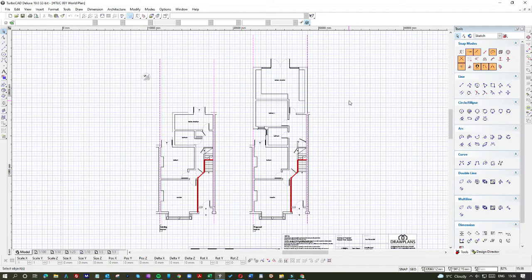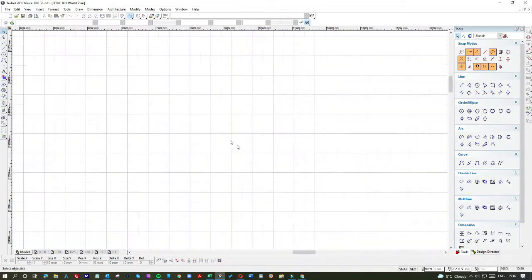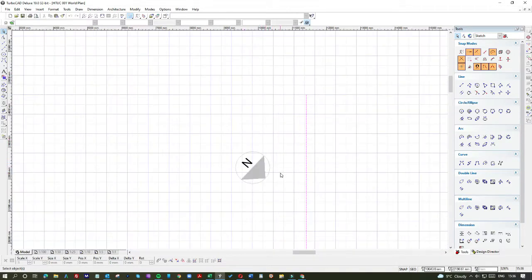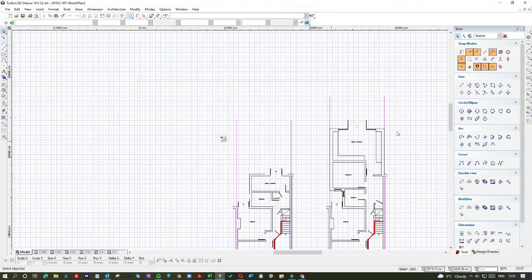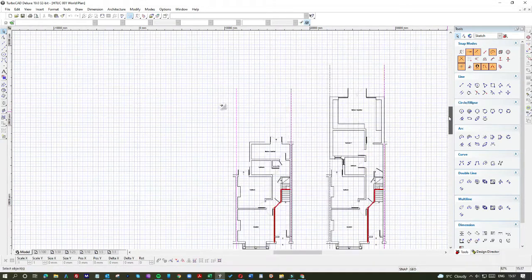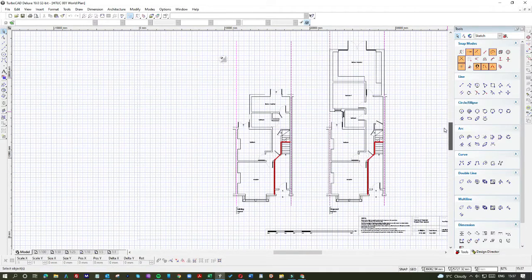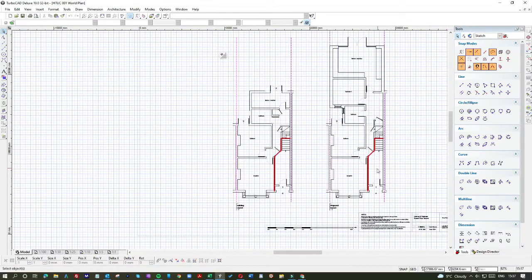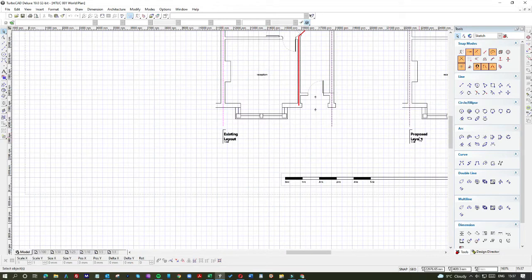Before we start drawing, I made a few modifications already, and first off I added the northern pointer, which is always a good thing to add to any drawing. It's not too difficult. As you can see, it's basically a circle and a few bits and pieces to make it up. Clearly it has to be accurate, and we use Google Maps to find out the direction of the North Star. As you can see, I've also added the titles to the plans in existing layout, proposed layout, and